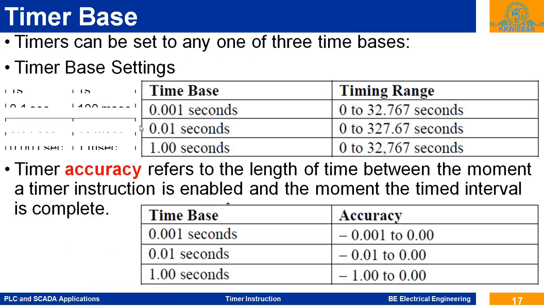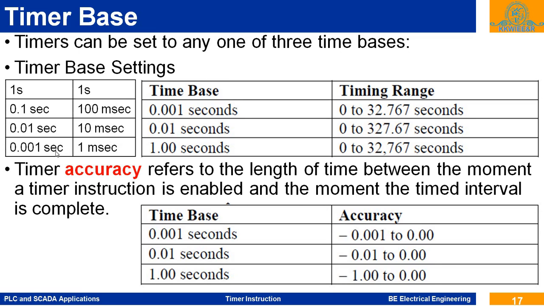So time base. Okay, in the PLC timer, the values 0.001, 0.01, 0.1 and 1 are the different values available in the time base setting. Okay, so what is meant by these values? These are time bases and the unit is second. Okay, so 0.001 means 1 millisecond, 0.01 means 10 milliseconds, 0.1 means 100 milliseconds, and 1 means